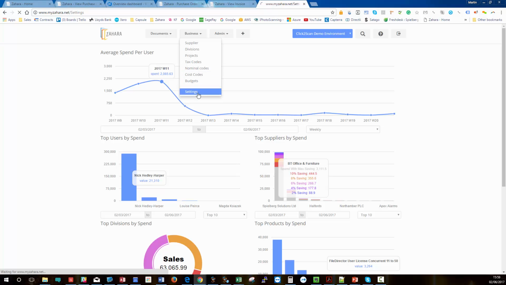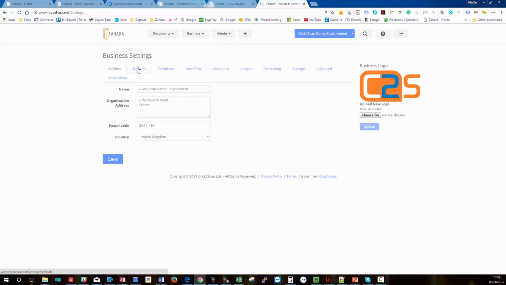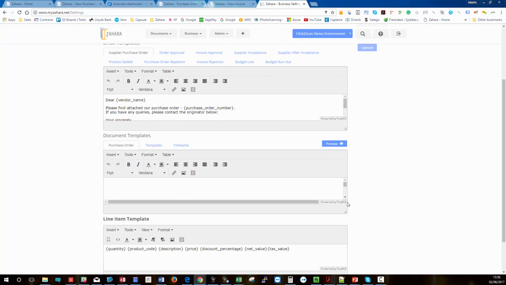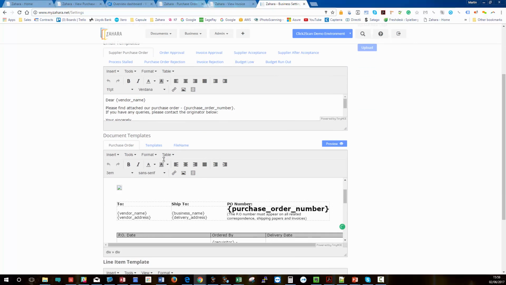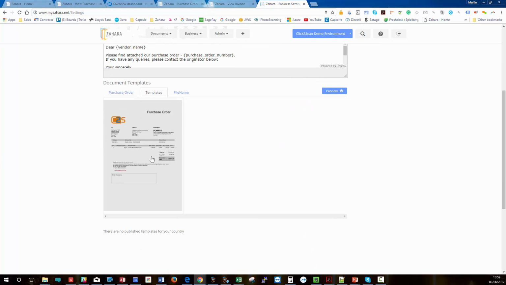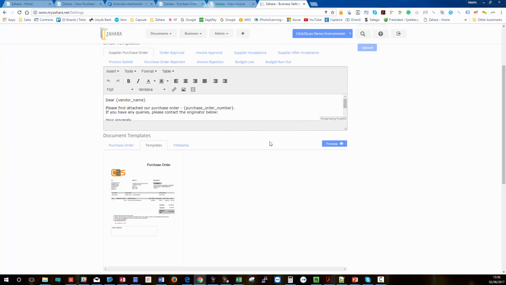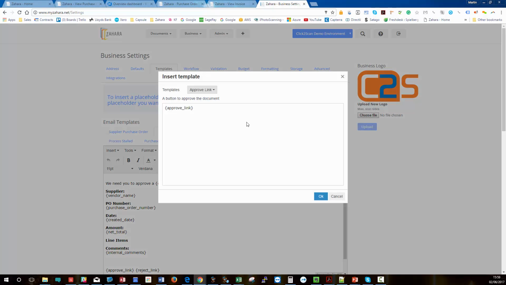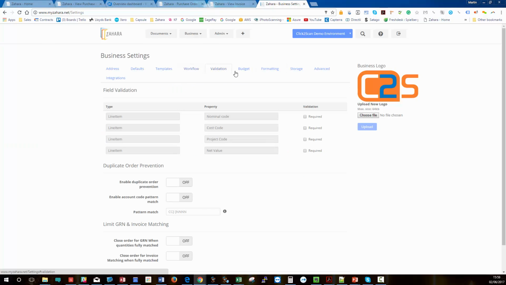Administering the system is dead simple. Most of it's done under business and settings. Under the templates here, you can control what your purchase order looks like. You can even choose from a range of templates that we produce on a country by country basis. You can choose the wording of the emails that you send out. You can drop different fields in and put them in different places. And you can have various different validations. You can force your users to key a nominal code or